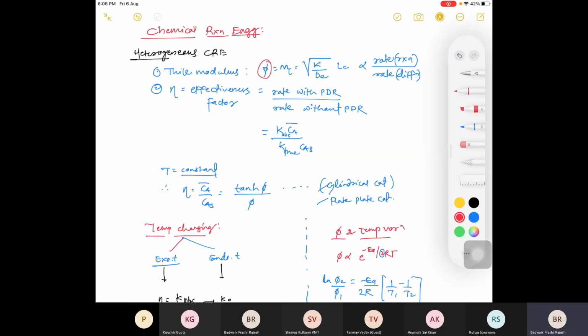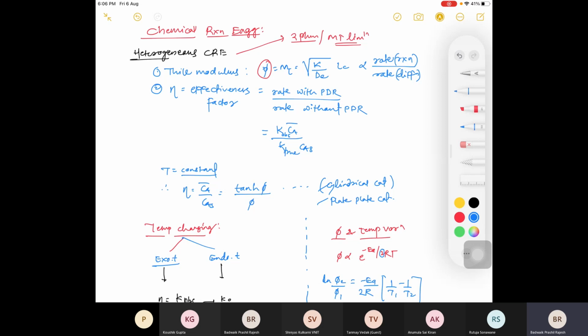So what is this Thiele modulus? It is a quantity which compares your rate of mass transfer with the rate of reaction. Maybe you know the definition of heterogeneous reactions. Heterogeneous is something where there are two phases, or there is a mass transfer limitation, right? So we are comparing which one is dominating over which: whether the rate of reaction is dominating or the rate of diffusion is dominating. That's why we are using this dimensionless parameter, that is Thiele modulus.